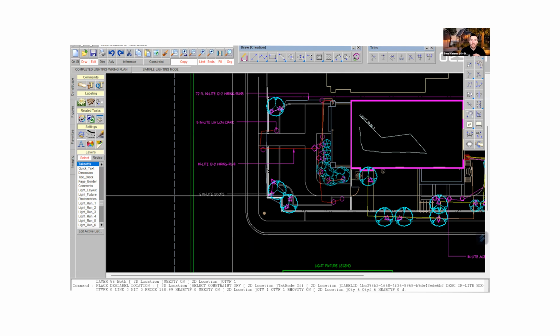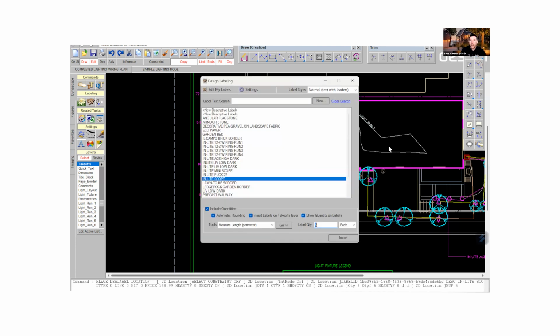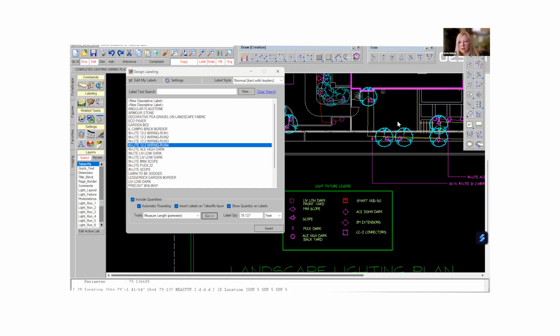So either it's for the line or for the element, but definitely knowing what's going on where for those lines. But almost as critically is how many are going on each element. It's great to know, not to go too far ahead, but to get into the voltage drop, knowing how many of each fixture are on each line as well. So that's great. There's another line that I'm just labeling,